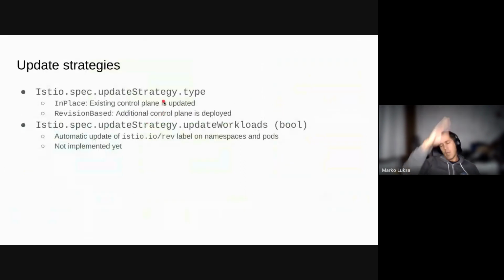So now let's focus on the updates. As I said, we have two types of update strategies: the in-place and the revision-based, right? With the in-place, it's what you would expect. The existing Istio revision resource gets updated, which means that the existing control plane gets updated in place, and that's it. With the revision-based update strategy, the operator creates a new Istio revision resource, which deploys a new control plane, and then